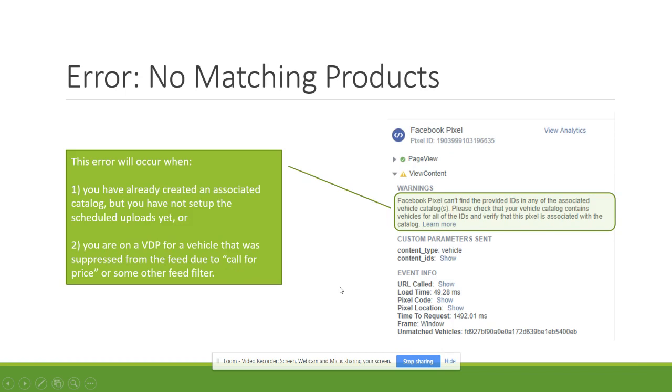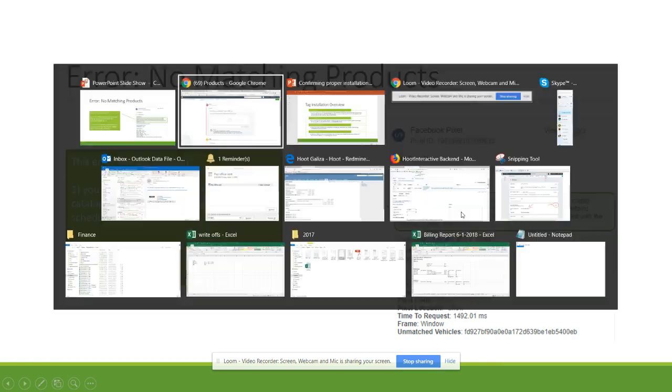Another common error that you're going to see in here: again, in this situation, view content is being passed, content type is being passed, content IDs are being passed. If you click the show link here, sometimes you'll see this, it will then display the ID that's being passed beneath there. So that is fine. But this is saying everything is being passed properly, but Facebook Pixel can't find the provided IDs in any of the associated vehicle catalogs. So it's saying there is a catalog in,